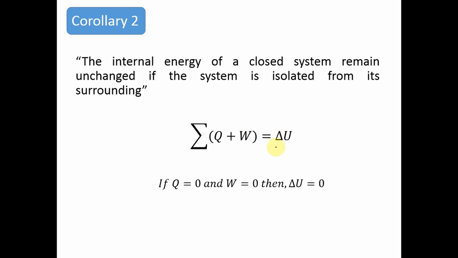Therefore, obviously, change of internal energy is equal to 0. This is in fact the corollary that brought the concept of conservation of energy. If you extrapolate your system to the universe, then you can say the total quantity of the energy in the universe is a constant. However, to make such an extrapolation, you have to consider the universe as a finite entity